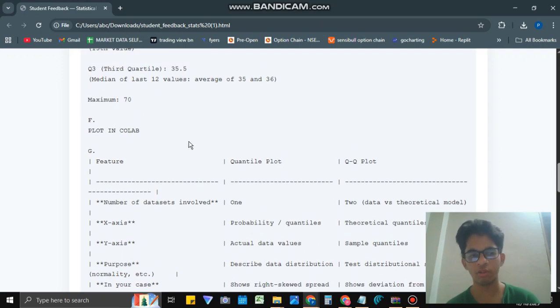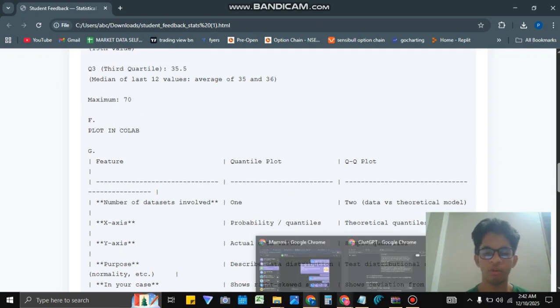Then the next question is drawing a box plot. So for the box plot,